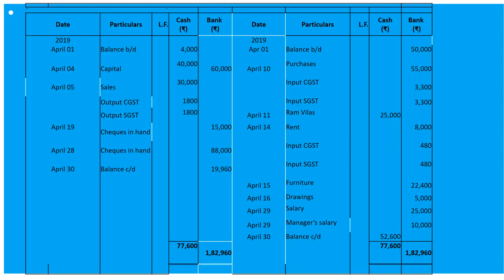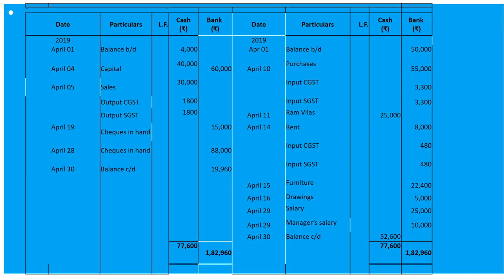Now on the 20th, goods sold to Amit Raj 80,000 plus CGST. Beta, it is given Amit Raj, and the name is given. That's why it is a credit entry. So a credit sale we will not record in the cash book. We will record it in the journal. Fine. Next, on the 25th, received a check for 88,000 from Amit Raj in full settlement and deposited into the bank. So it is deposited into the bank. That's why to checks in hand 88,000 on the same date. It will be written under the bank column.